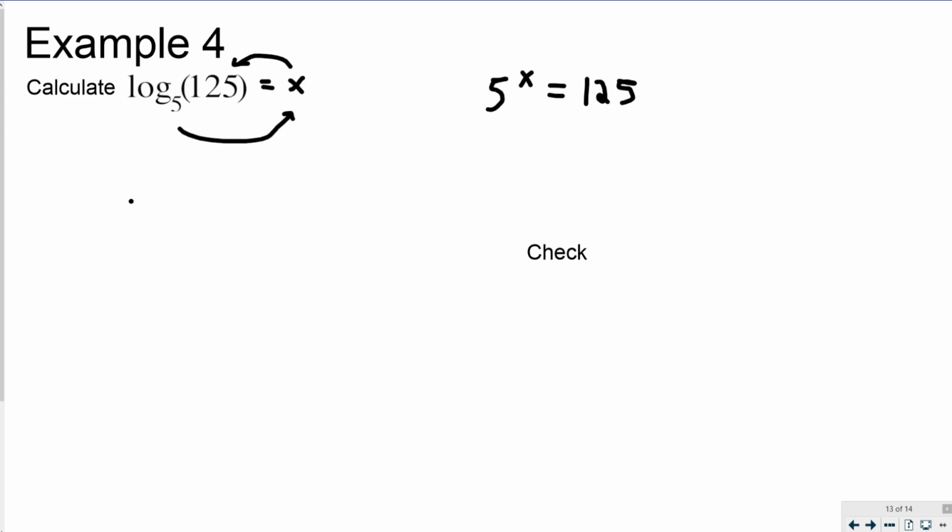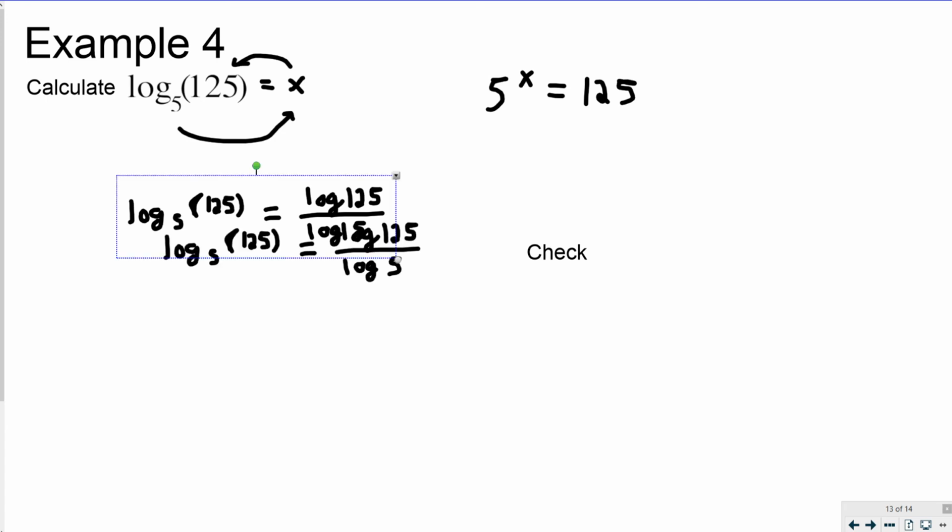So in order to calculate it, log base 5 of 125 equals the common log of 125 divided by the common log of 5. And so I go to my calculator and I type the log of 125, close the parentheses, divided by the log of 5, close the parentheses, and it just so happens